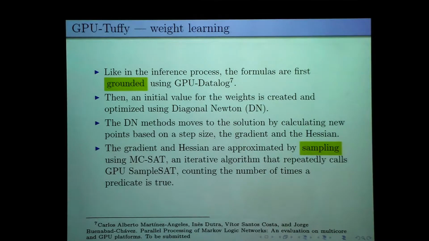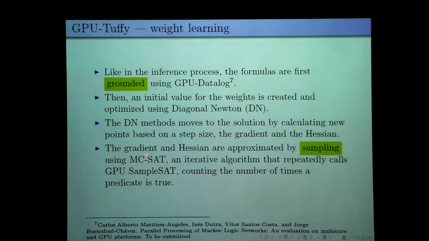GPU Toffee is also capable of weight learning, and like in the inference process, the formulas are first grounded using GPU Datalog. Then the initial value of the weights is proposed, and we do the optimization using the diagonal Newton method. The idea of the diagonal Newton method is to move to the optimum value of the weights by calculating new points based on a step size and on the gradient and the Hessian of the